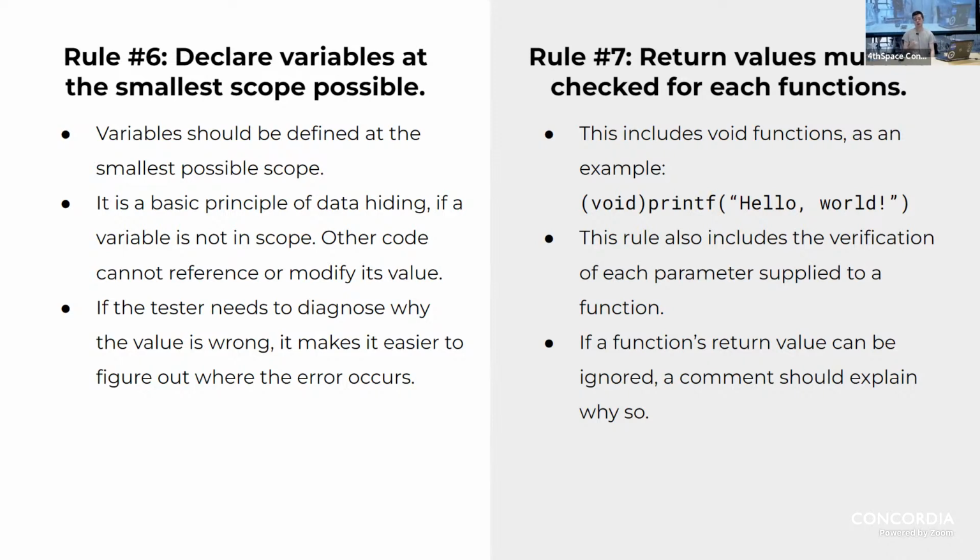And then if you notice that this happens, then you have a lot more code that you have to go through to figure out where exactly that happened. So by keeping your variables and your data at the smallest scope possible, it makes it a lot easier to, first of all, avoid the risk of accidentally modifying that value. It makes it a lot easier to debug and troubleshoot where exactly that mistake was made, because you have a much smaller section of code to evaluate.